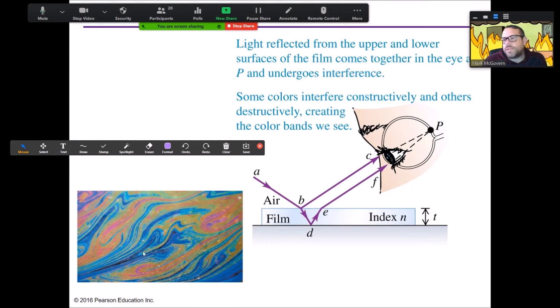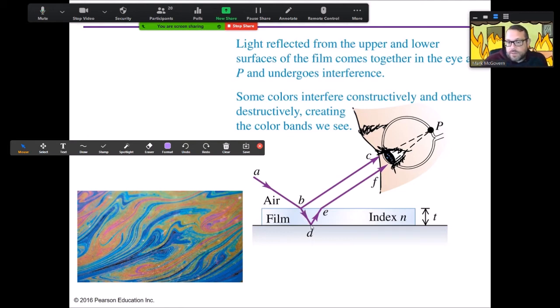Oil is lower in density, sits on top of the water, and produces a very thin film. When the light becomes incident on the film, some of it reflects off the film. Great. But some of it will actually transfer into the film, experience refraction,